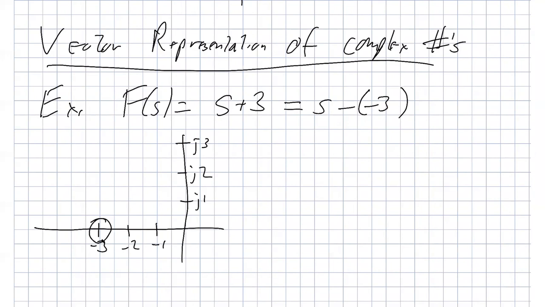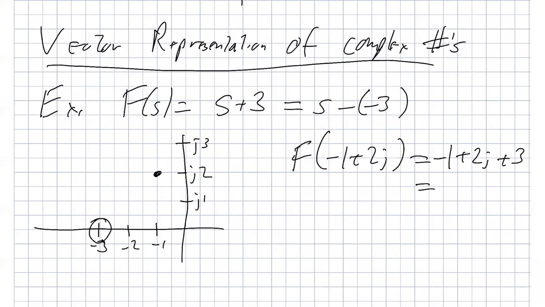And what we want to do is evaluate f at the location -1 plus 2j. We could choose any location on the complex plane. Obviously, as we go forward, we're going to pick particular values, but in this particular case, -1 plus 2j. All right, so we can just plug all that in. This is plugging this into f of s. I've got -1 plus 2j plus 3, which is simply equal to 2 plus j2,